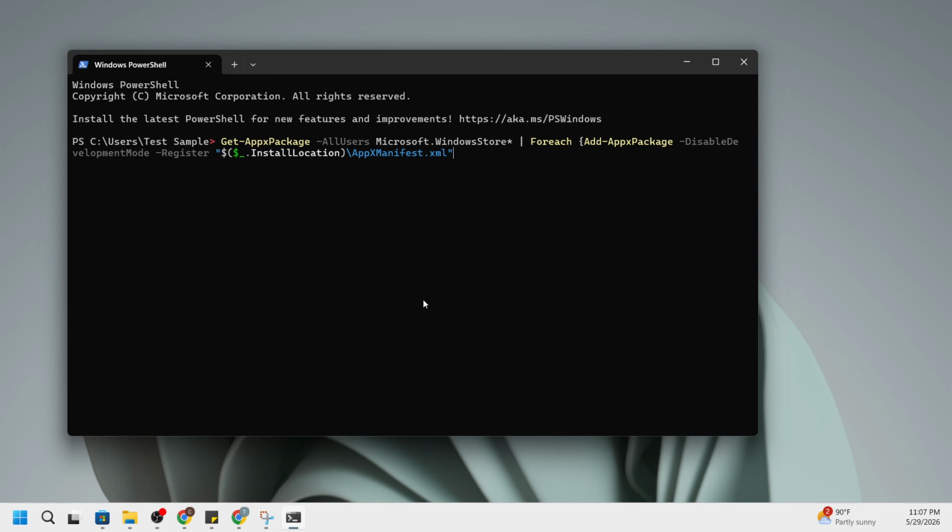After you run it, you'll see progress messages appear. It may mention deploying packages or registering components. On some systems, you might see a warning or two if certain parts are already present. That's typically okay. What you're looking for is for the process to complete and for the prompt to return, which means the command has finished running.